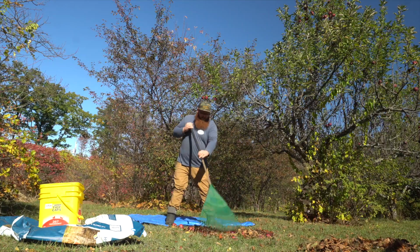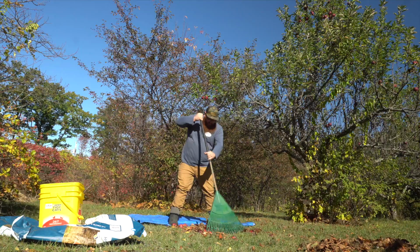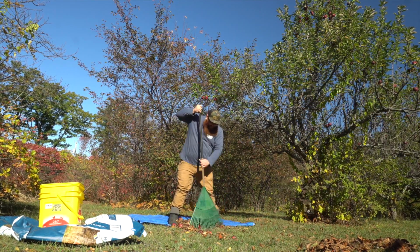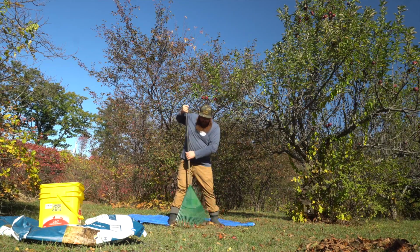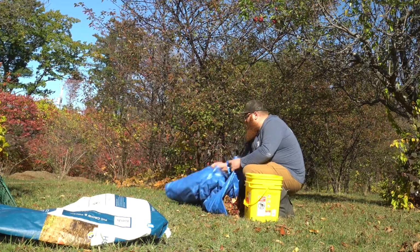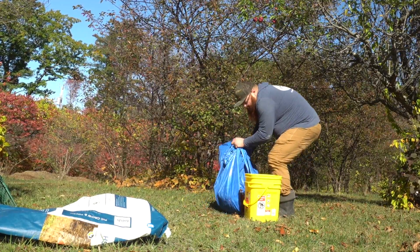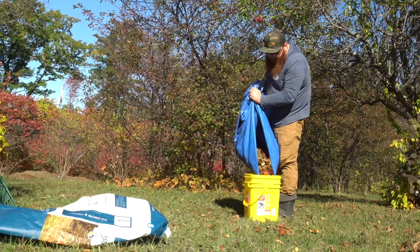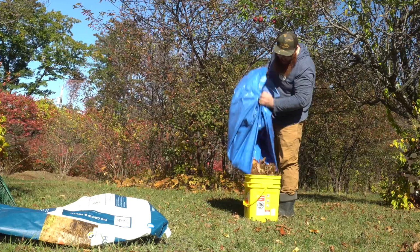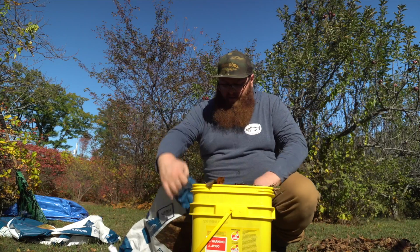So the technique here is to get your apples all lumped up, then kind of rake them onto the tarp. And once they're on the tarp, into the bucket they go. So once you have them in the bucket,